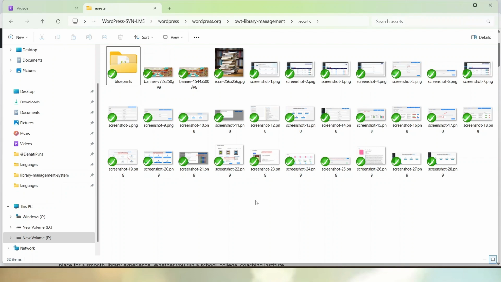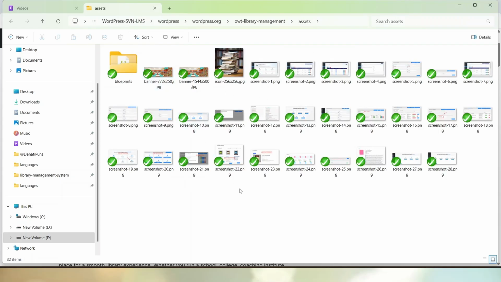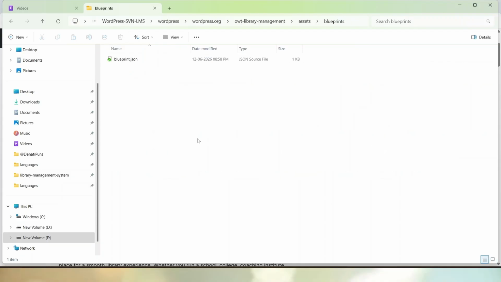And inside this assets folder, we'll see a most interesting folder, and that is blueprints. In your case, if the live preview button is not enabled, this folder will most likely be missing. So I want to add the live preview button with my plugin. What we have to do first is go to the code base from where we are managing our WordPress plugin. Then simply go into the assets folder, and inside it create a folder called blueprints. And inside this blueprints folder, we have to create a file called